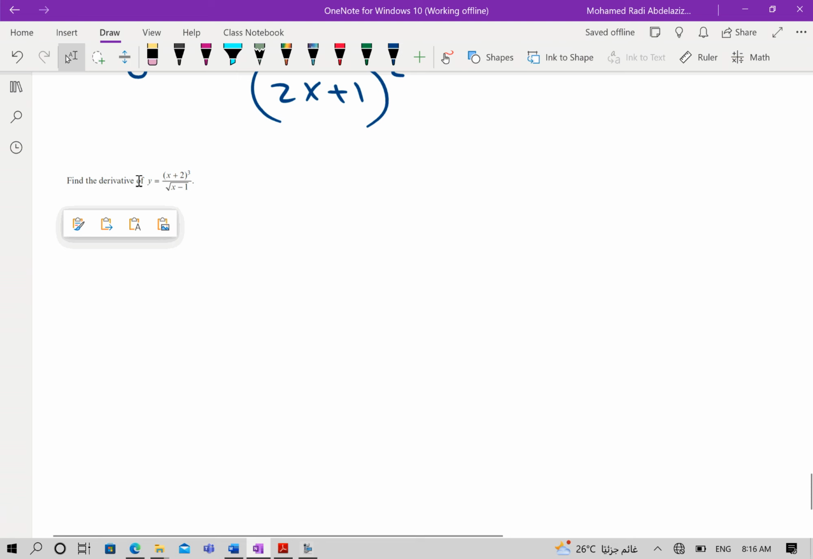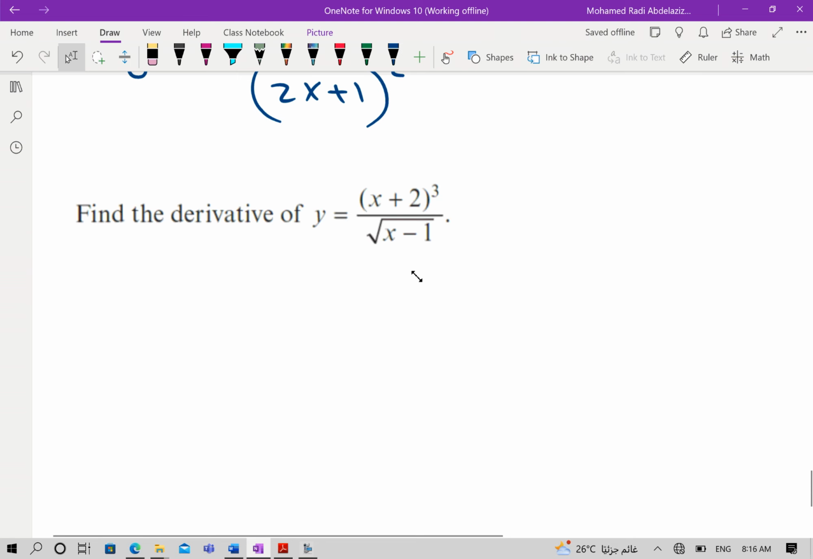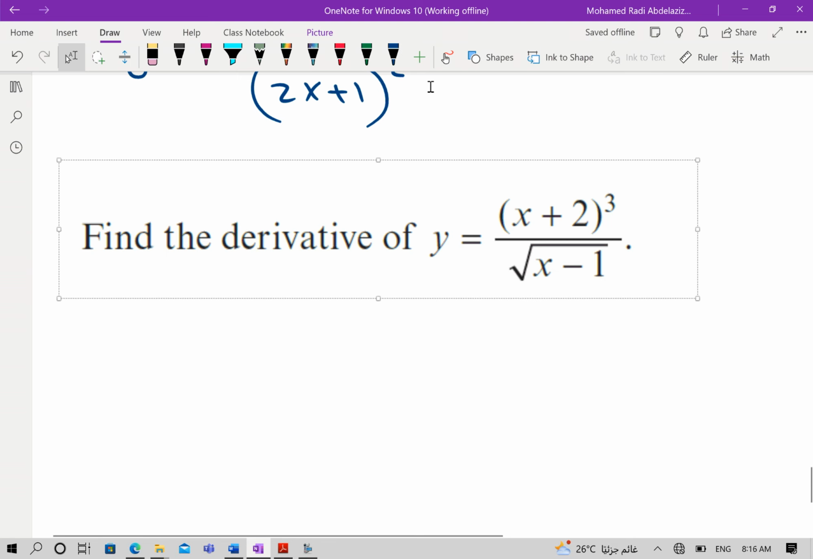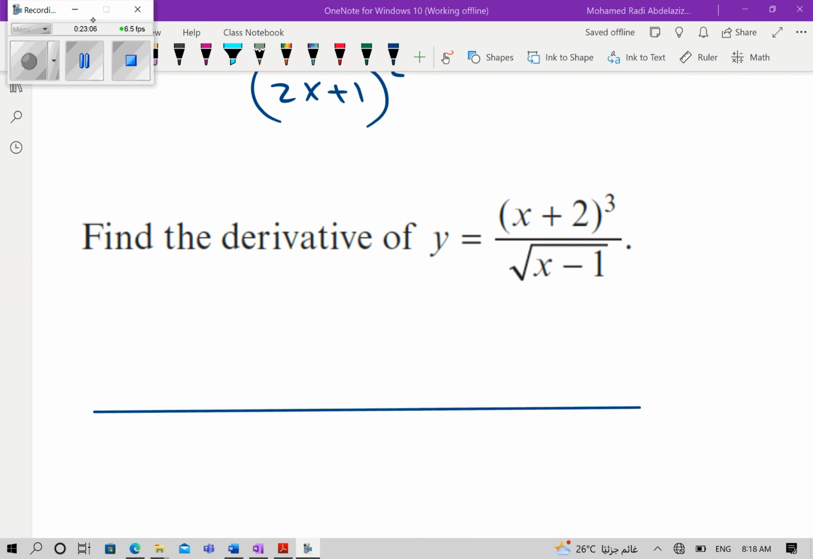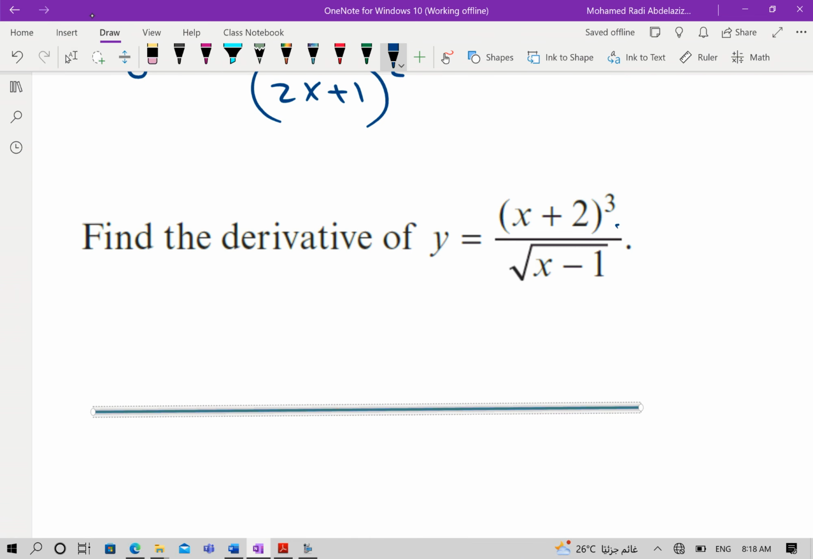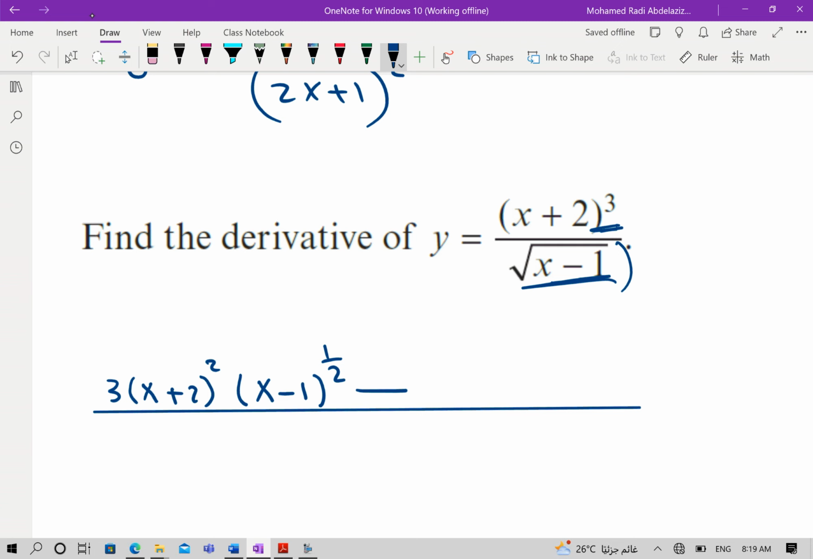I'm waiting 3 minutes. All of you, please try to solve, find the derivative. If you find the derivative of the first, which is (3x + 2) all squared, multiply by the second, which is (x - 1) to the power of half, minus the derivative of this function, which is (x - 1) to the power of half,